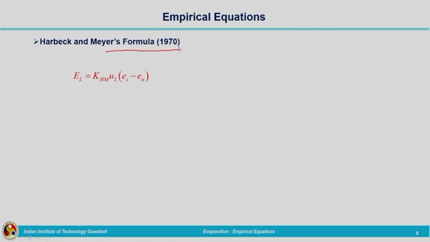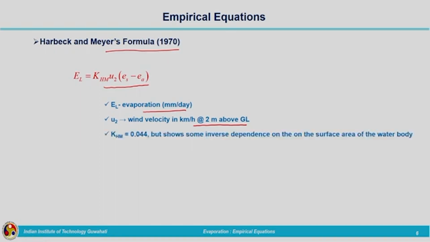Then comes the Habeck and Mayer's formula. Here the Mayer's formula is modified. So, it is given by EL is equal to KHM multiplied by U2 multiplied by the vapor pressure deficit, that is ES minus EA. EL is the evaporation in millimeters per day and U2 is the wind velocity at 2 meters above the ground level, the unit is in kilometers per hour. Then KHM is considered as